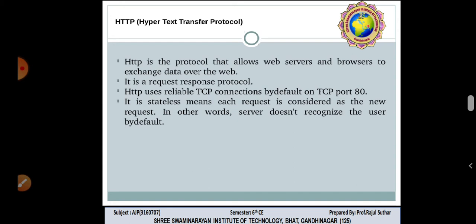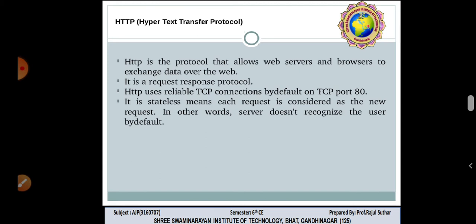HTTP is a most useful protocol. HTTP is a protocol that allows the web server and browser to exchange data over web pages. It is a request response protocol. We can say that Hypertext Transfer Protocol is a request and response protocol. HTTP uses a reliable TCP connection by default on TCP port number 80. TCP is nothing but Transmission Control Protocol.